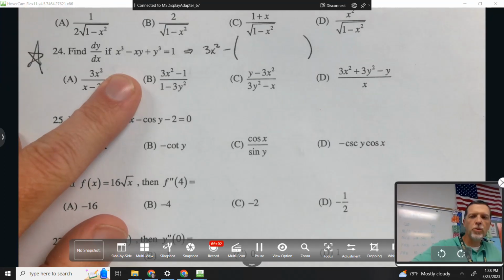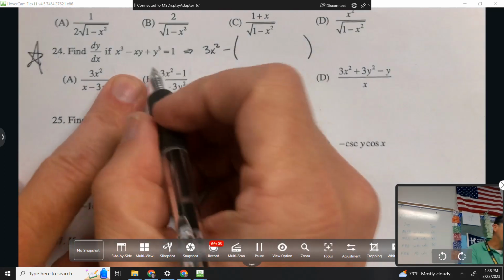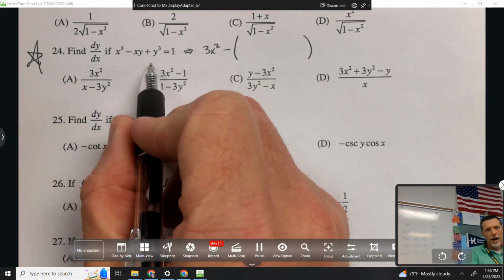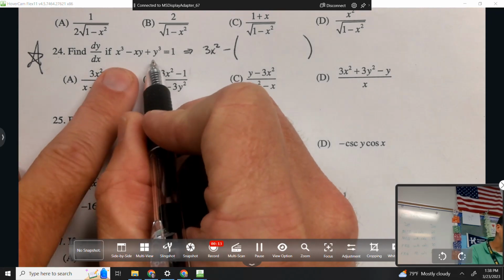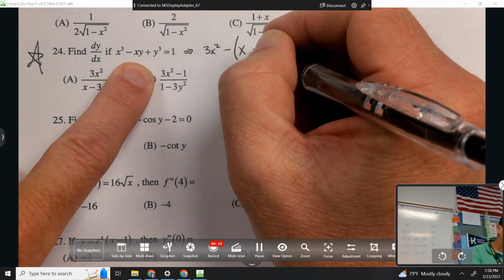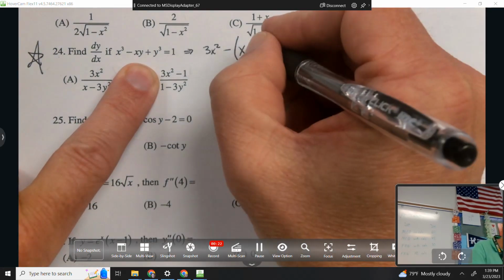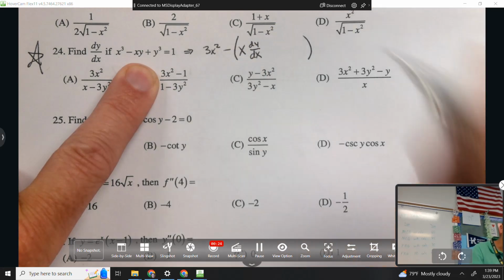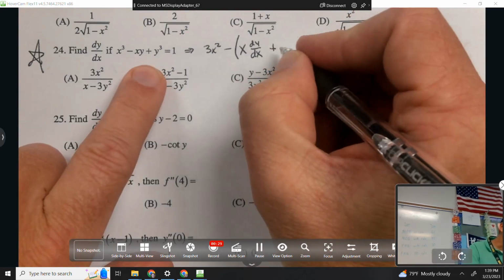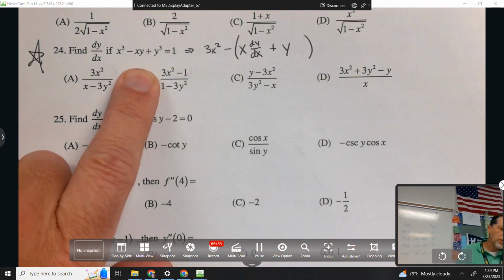So number 24 on the second multiple choice worksheet. Implicit differentiation is the fancy word, but the main thing is if you take the derivative of y, dy dx shows up. So minus x times, we can go shorthand and call it y prime if you want to, or we can keep it with dy dx, either way. And then plus the other way around, y times the derivative of x, but the derivative of x is just 1,